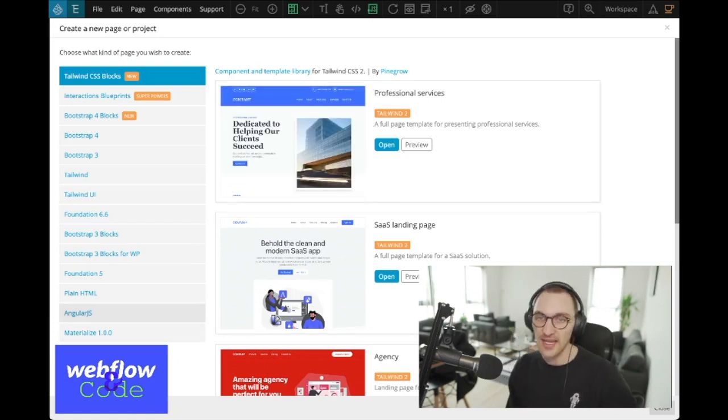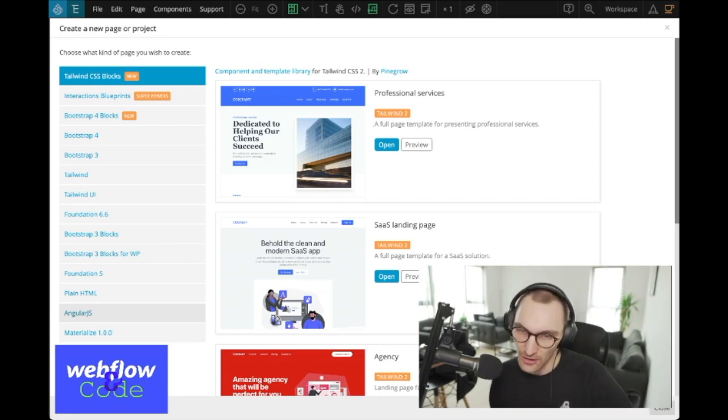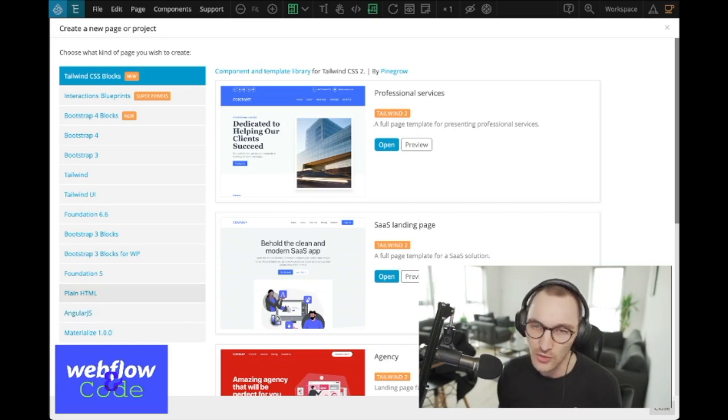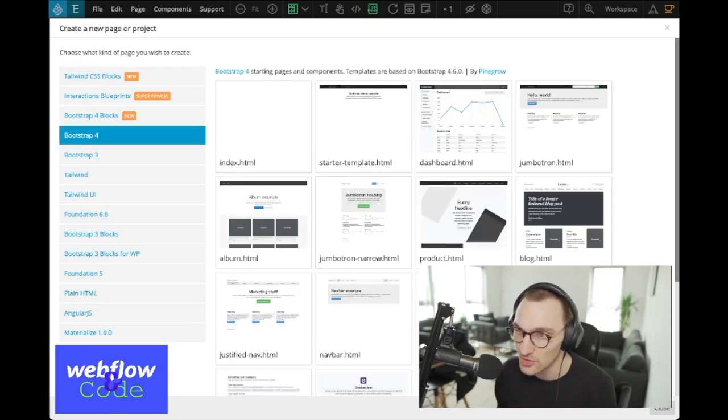I'm seeing AngularJS. I'd be interested to know how that works, considering you've got things like state and various things like that. If you're a web developer, you know what that is. You know how that's something that can really only make sense in code, but I guess you can start a plain HTML project, or one with a library built in. So I'm just going to jump into a Bootstrap